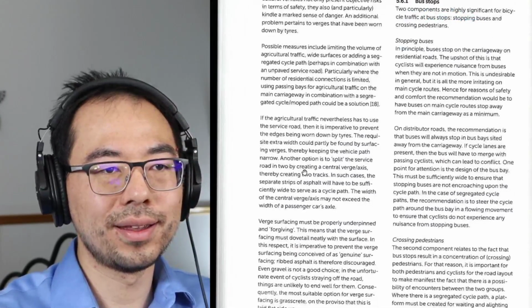So if you want to reduce not only the speed of traffic, which requires also physical changes, but also the amount of traffic, which is how many people, how many cars actually go through every hour and every moment. And I think what you see, if we again compare bicycle design guidelines, is that in many countries they only speak about the speed of cars. So if it's a busy road, build this wide infrastructure for this separation. Whereas in the Dutch